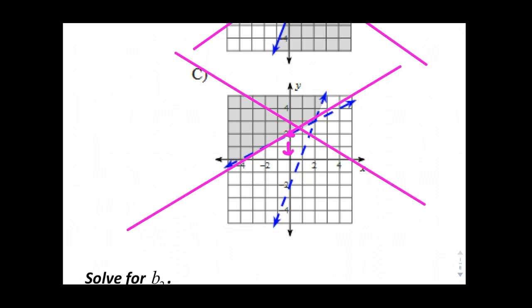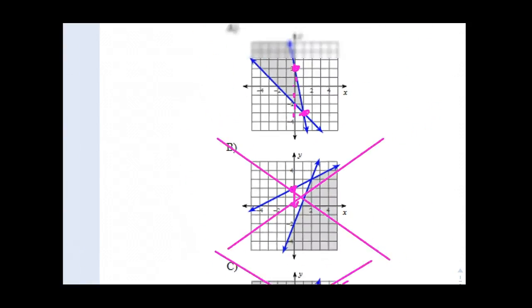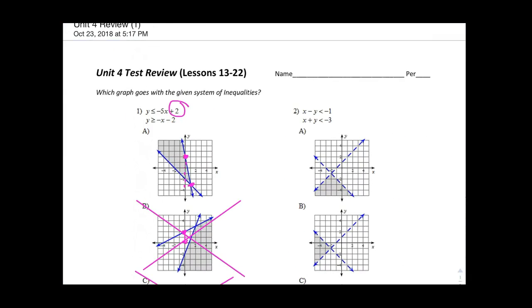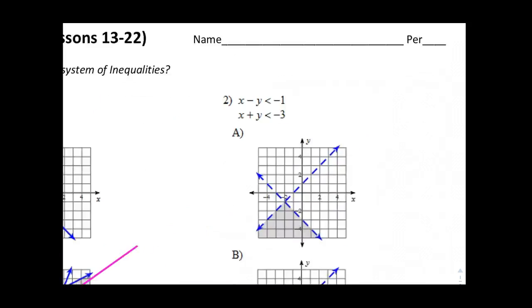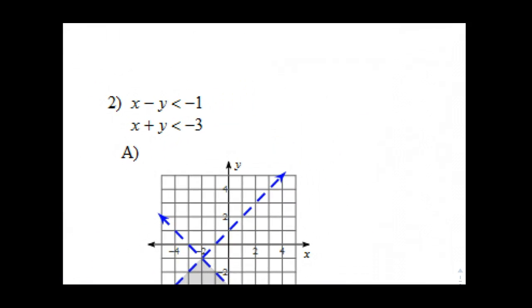It was also not a possibility because it was dotted or dashed lines instead of a solid line. So that one was pretty easy. You didn't really have to do a whole lot, just checked that first line. Number 2 is a little harder because now we have to go through, and before we can graph, we need